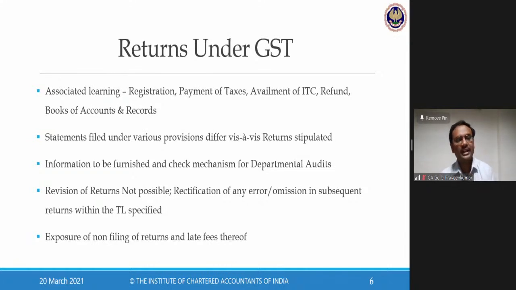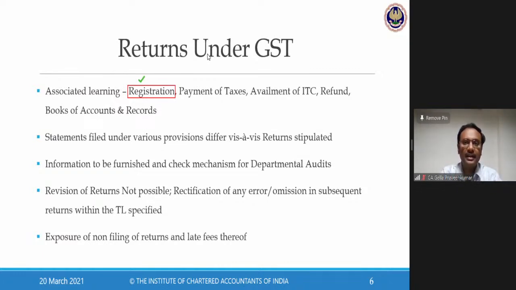To start with, whenever I talk about this topic called returns, there are multiple topics which we have already discussed which are dependent on this particular element called returns under GST law. First aspect, my returns under GST law start when there is a registration which has been taken. If I have taken registration, I am bound to file my returns. Or if I fail to file my returns, my section 29 cancellation of registration is going to be invoked. So when the officer gives me a registration, I have to mandatorily file something called returns under GST law.